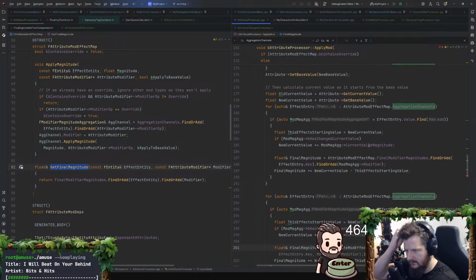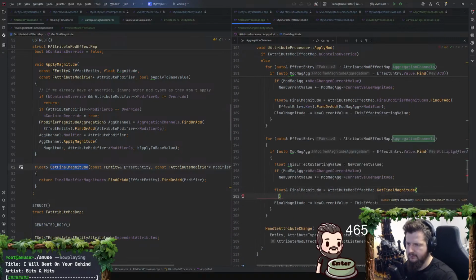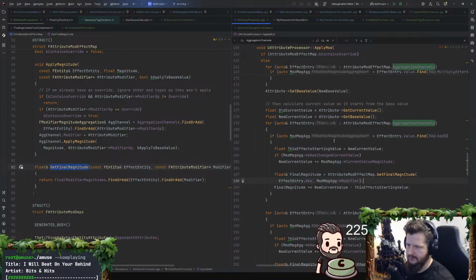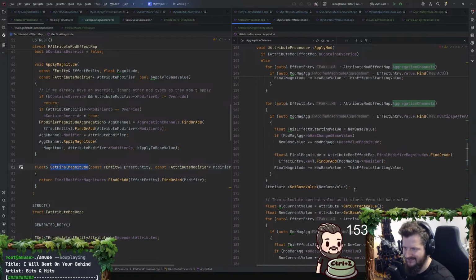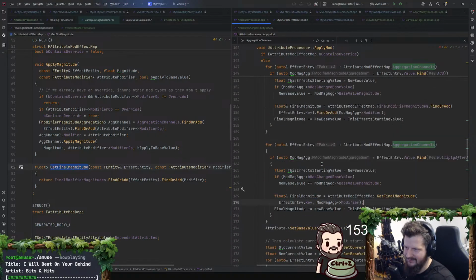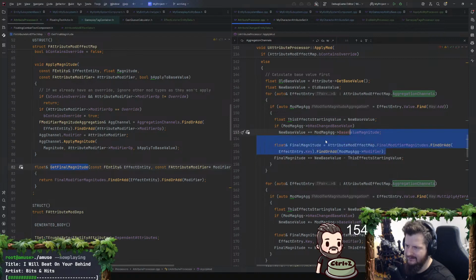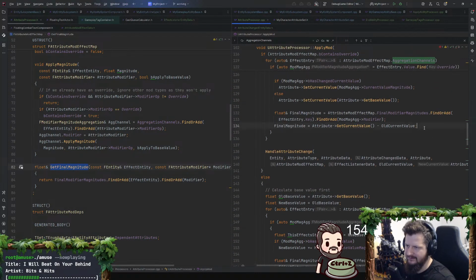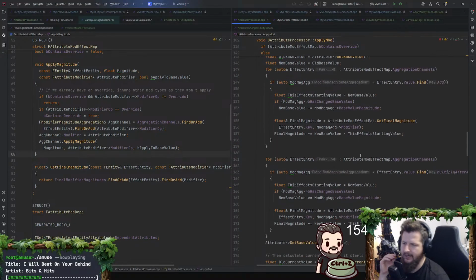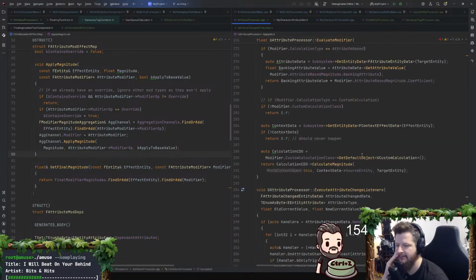What is entity? No, we want effect entry. There you go. It's a bit more clear, I suppose. Okay, so we've tabulated the final things correctly.